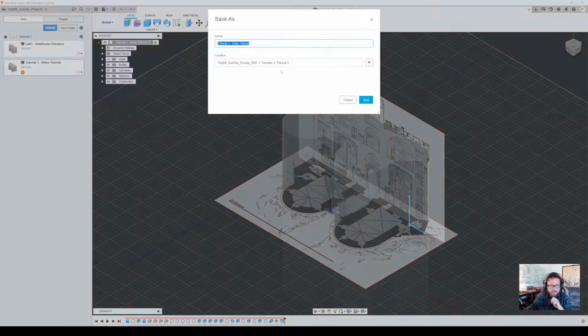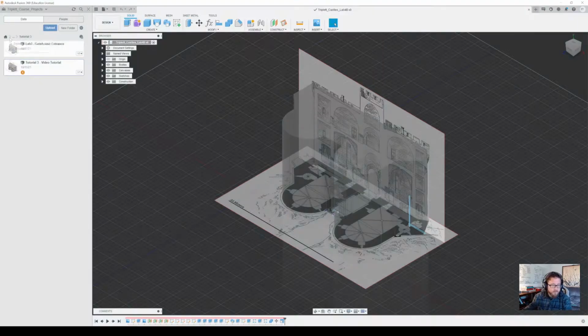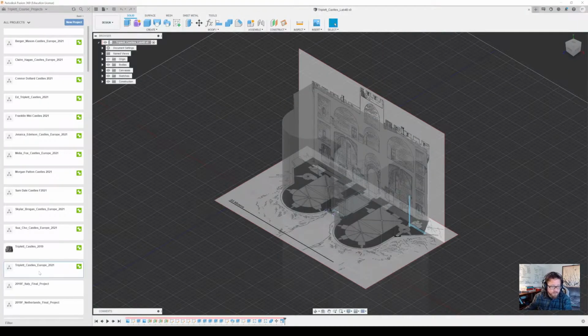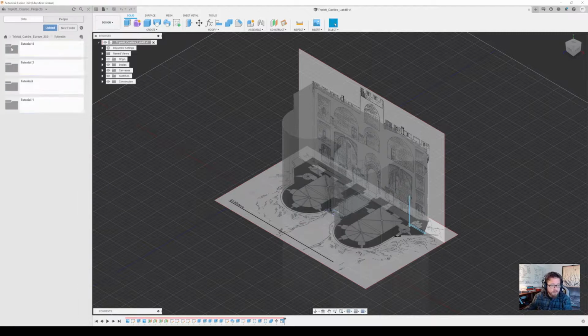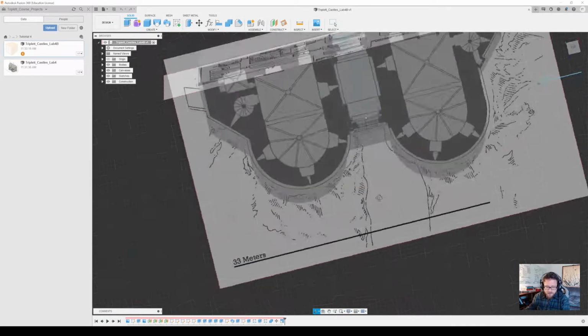I'm going to go to File, Save As. Tutorial 4, I can call this. I'm going to call it Lab 4, and maybe just remind myself which course we're working with. And yeah, that'll be fine. I need to be sure that everything is where it should be. If there's 4B right there. Okay, so that's good. We're going to start from here, and the first thing that we want to do is